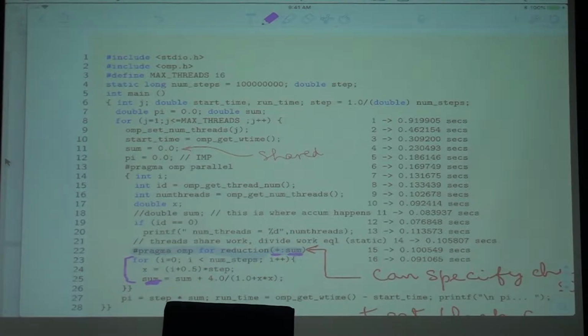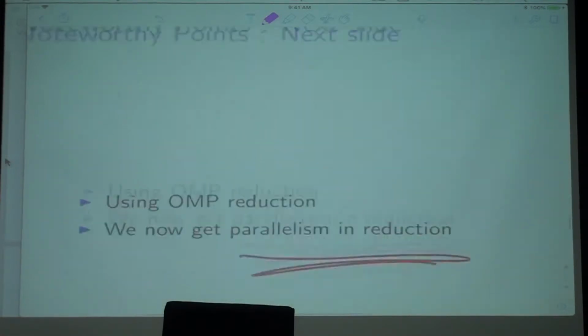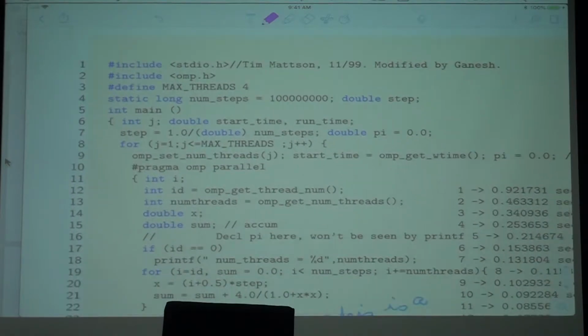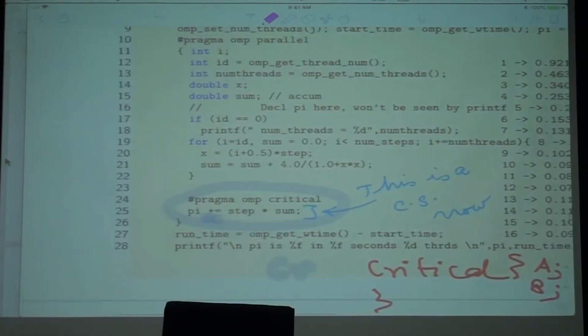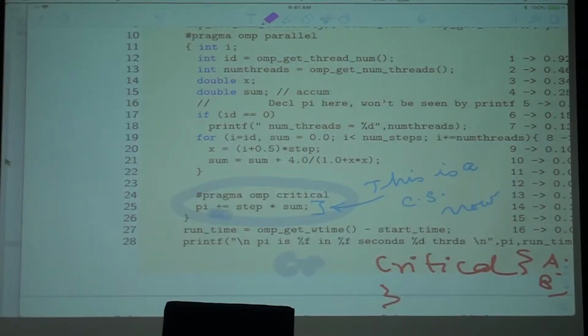All right, so the last item of discussion was again in doing this series summation. We looked at several transformations for the same program that involved introducing padding as one step to avoid the false sharing. Then we looked at various ways to implement the final summation by doing atomic or critical. And the last thing we discussed before we broke for the break was to make the final summation also go